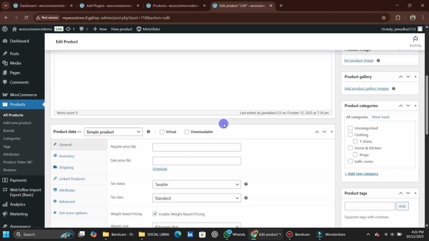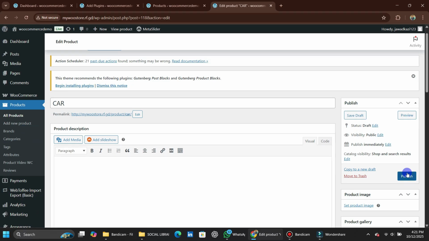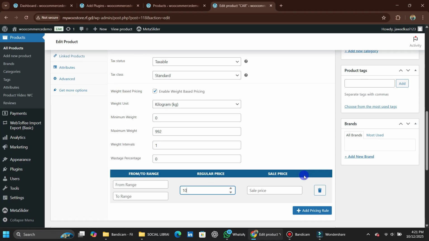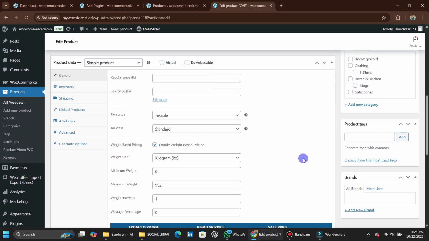Now, when customers choose a quantity or weight on the product page, WooCommerce will automatically calculate the total price based on their selected weight. And that's it, now you know how to add dynamic product pricing according to weight in